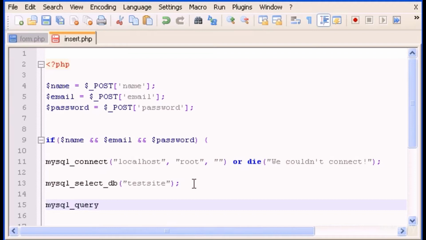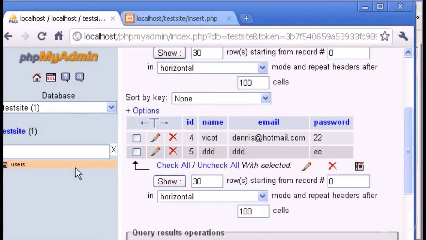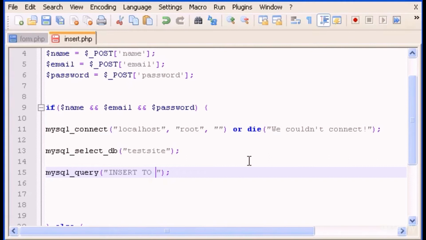mysql_query. And pay very close attention now, because you can't mess this up. We have to type between double quotes INSERT INTO and the name of the table. Remember that the name of the table is users. So let's type users, and now open and close parentheses, and inside the parentheses we have to type